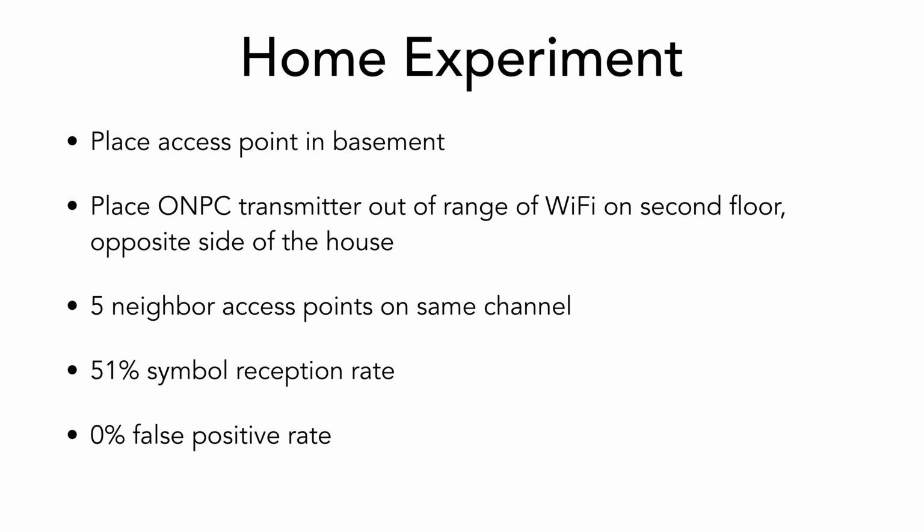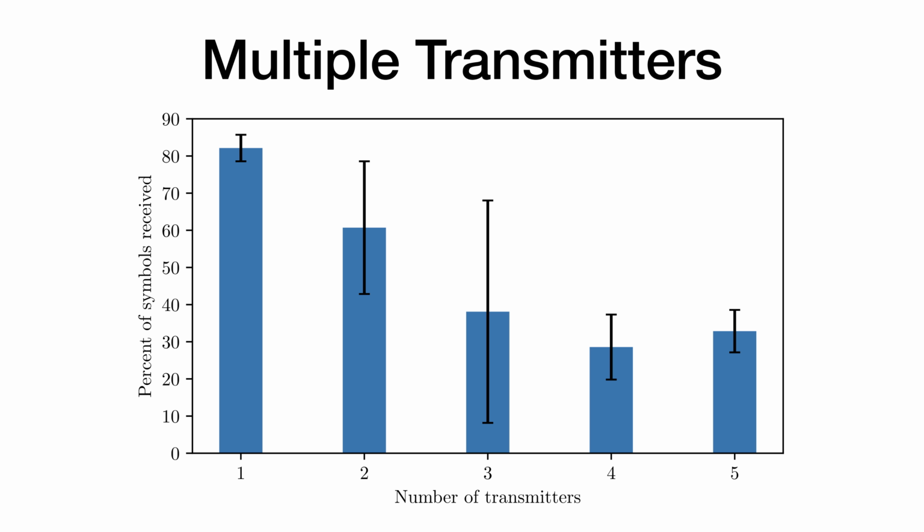So this is a much more realistic environment. It still works great. So now we want to look at, well, what if we have multiple ONPC transmitters that want to transmit all at the same time? So we did up to 5 transmitters. And you can see as we add more transmitters, on the y-axis here is the percent of received symbols. And as we add more transmitters, the percentage of received symbols goes down considerably. Like I said already, to support 5, that's pretty good, even at that rate. What is it? Around 30 or 40%. It works great for our application.